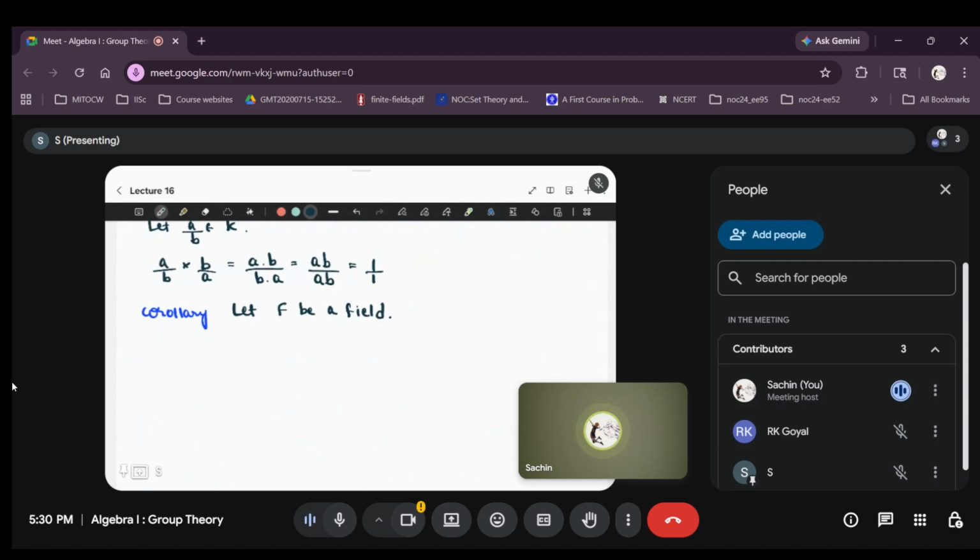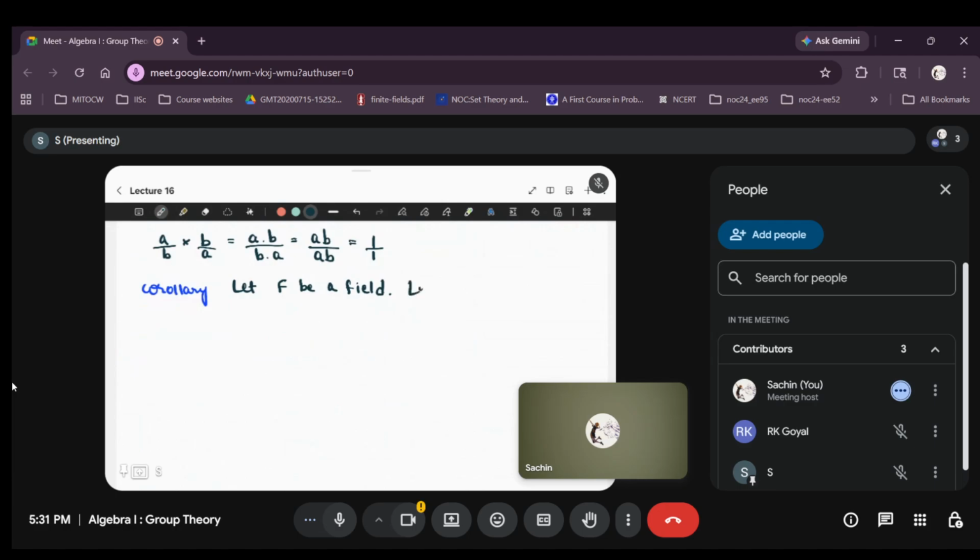So you start out with a field, not an integral domain. Then let D be a subring. So D is a subring, not necessarily a field. Then